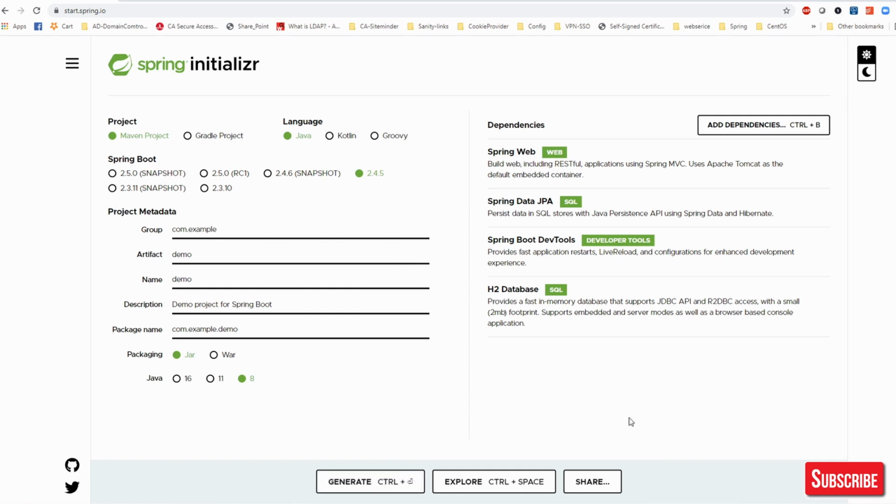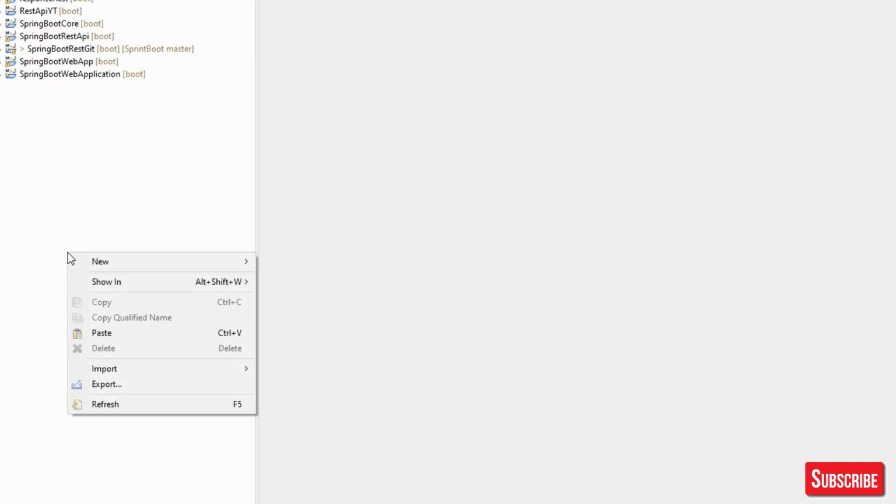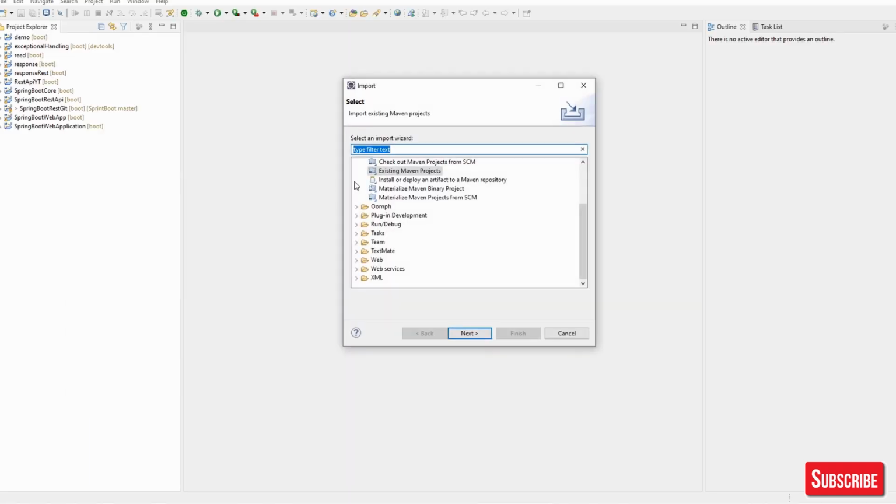You just have to unzip it, and then you have to import that project into your workspace. So right now this is my Eclipse. So you just have to go over here after unzipping of your project, go to import, and then you have various options. So you have to go for existing Maven project.